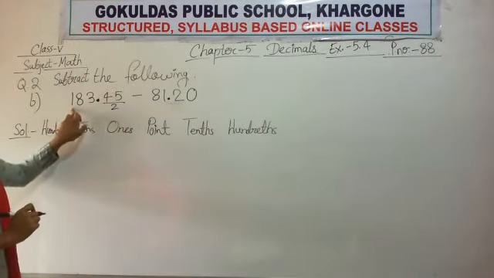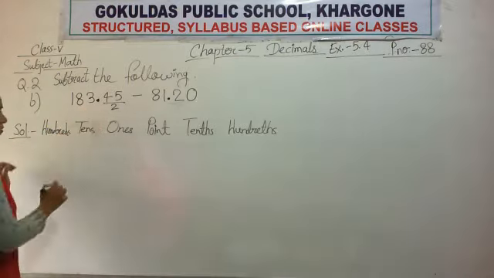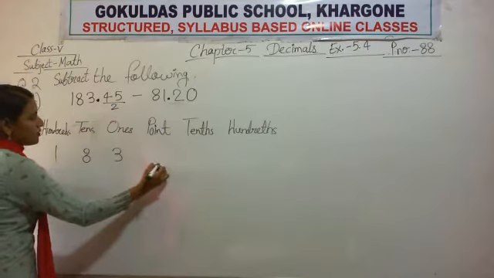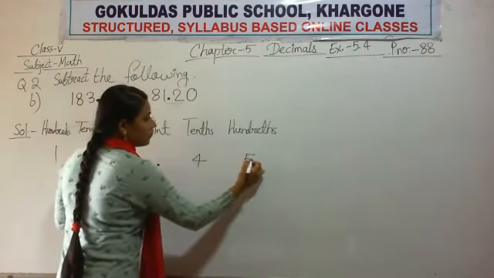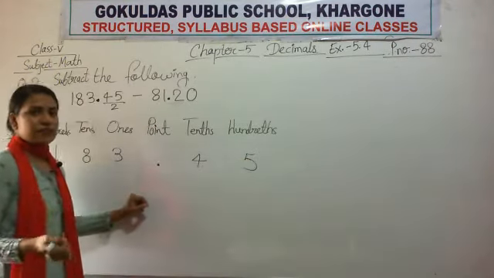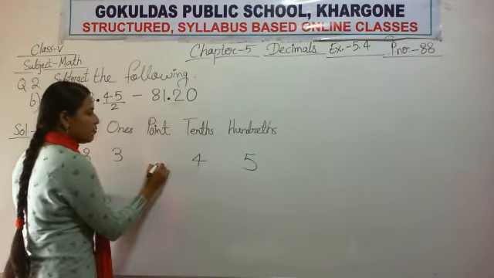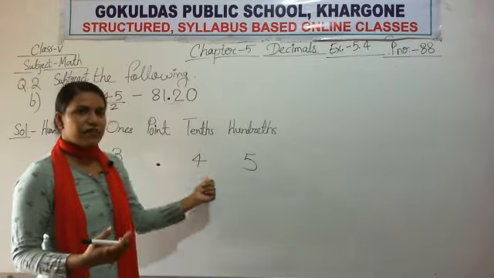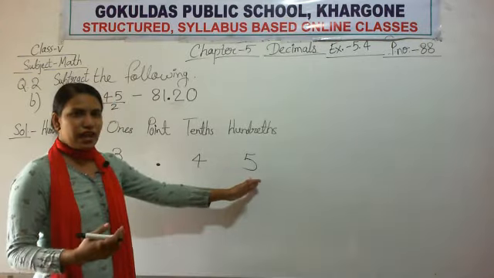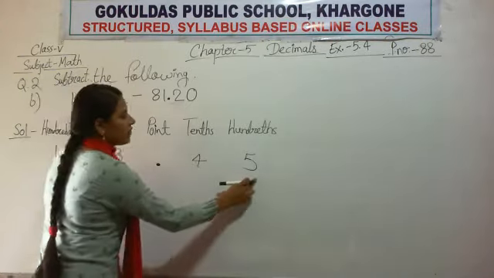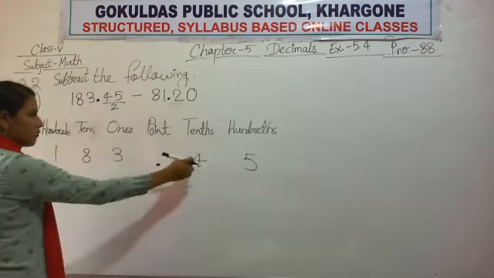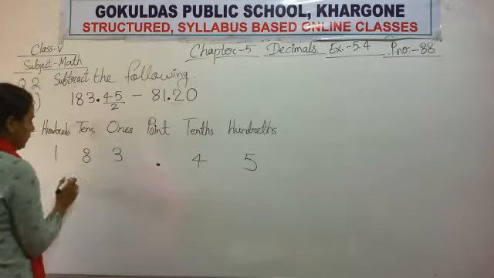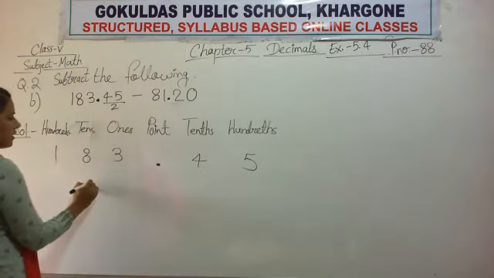Okay. So your number is 183.45. Reading it as 183.45 with "forty-five" is a wrong way to read a decimal number. After the decimal point, how do we read numbers? We read them separately. We read the numbers individually after the decimal. So we cannot read it as forty-five. We will read it as 183.45, digit by digit. Okay, next number is 81.